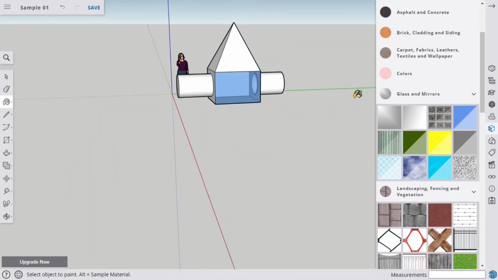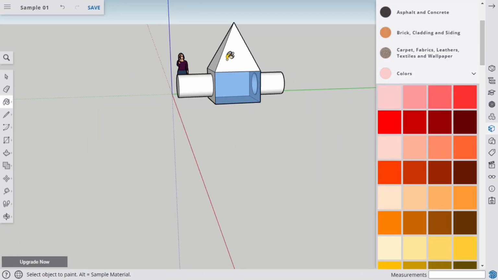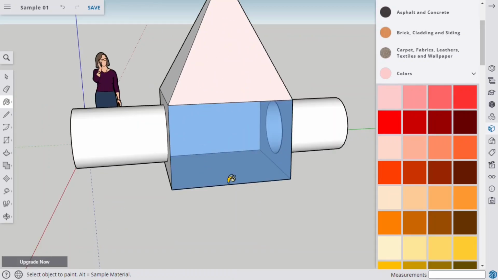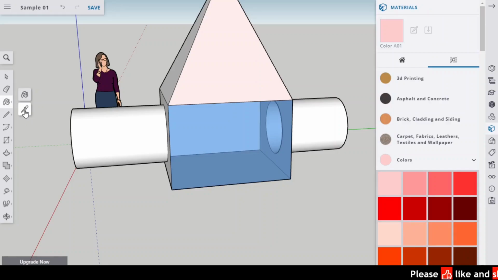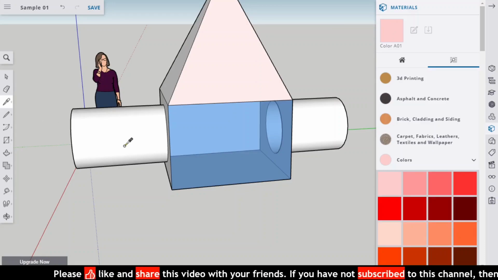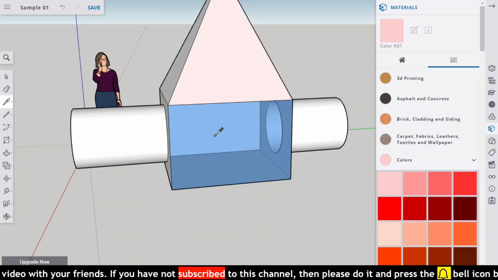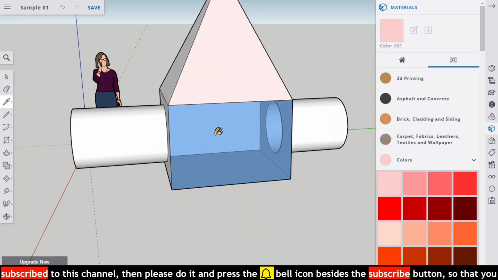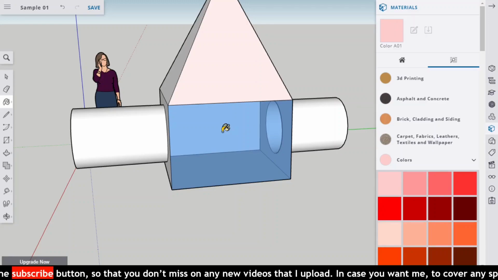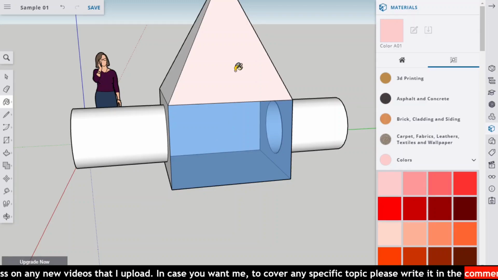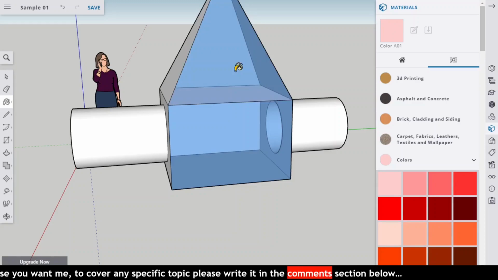Now I will select one color. As you can see, I have a color selected and if I click on this face, the face gets painted with the selected color. But if I want to select any other material from model itself, then I can use this select material tool which lies under the paint tool. And with the select material tool, I can select the material from the model I want by clicking on it. Once the material is selected, the select material tool automatically turns into paint tool as you can see, and we can then just click on the face we want to apply the selected material.